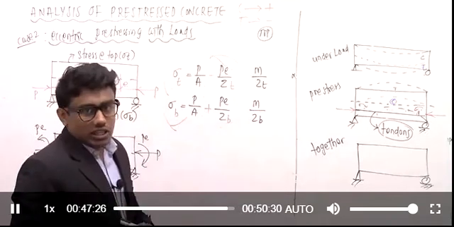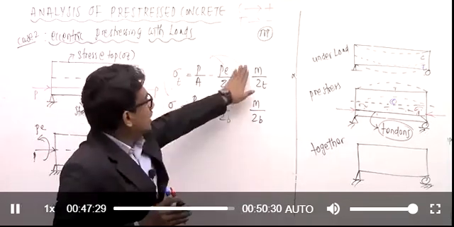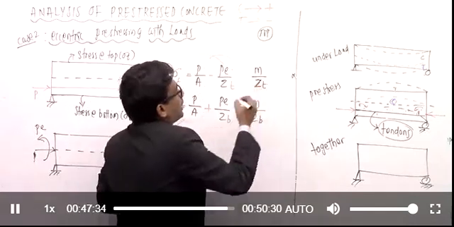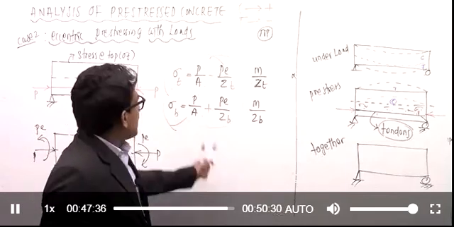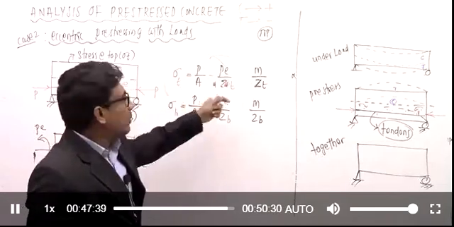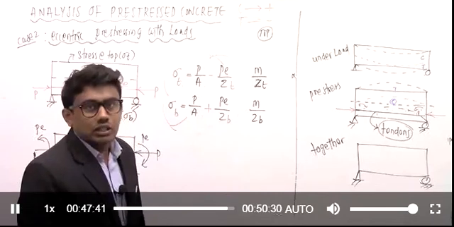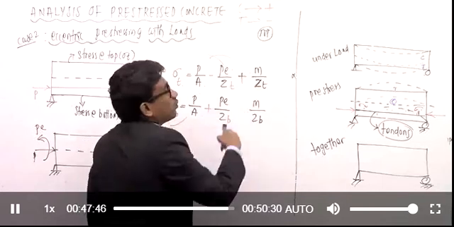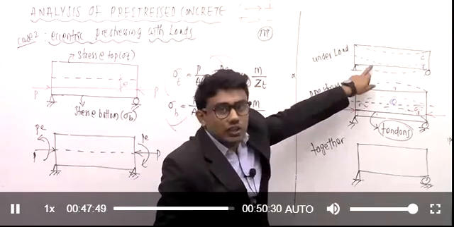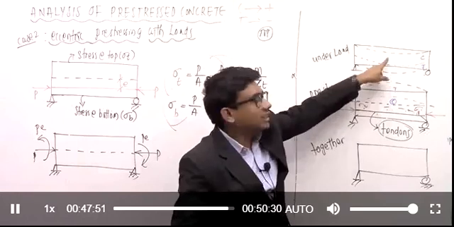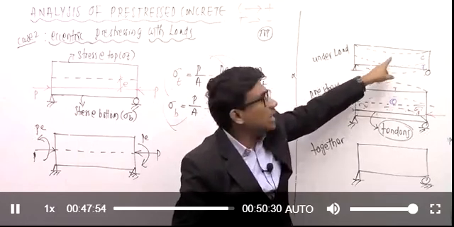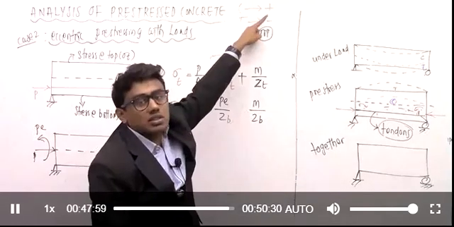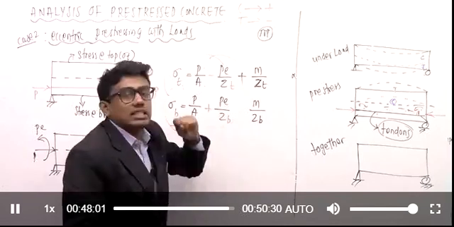Tell me the nature of stresses here. At the top fiber, above the neutral axis, M by ZT, will it be positive or negative? Yes, excellent. You got the concept. It will be positive. Why is it positive? Think of this figure. Load acting above the neutral axis is compressive in nature. The compressive stresses must be taken as positive. So the M by ZT will be there.